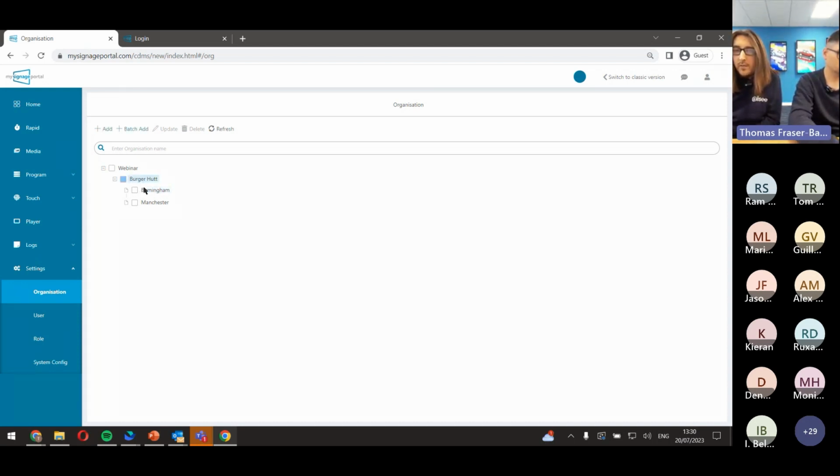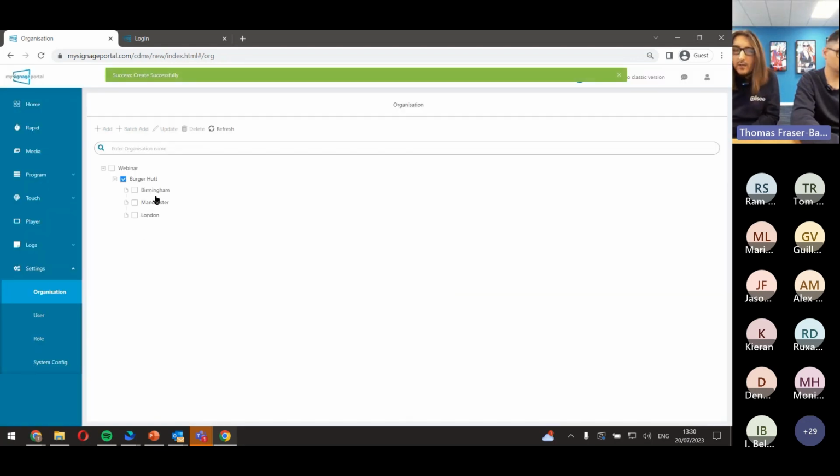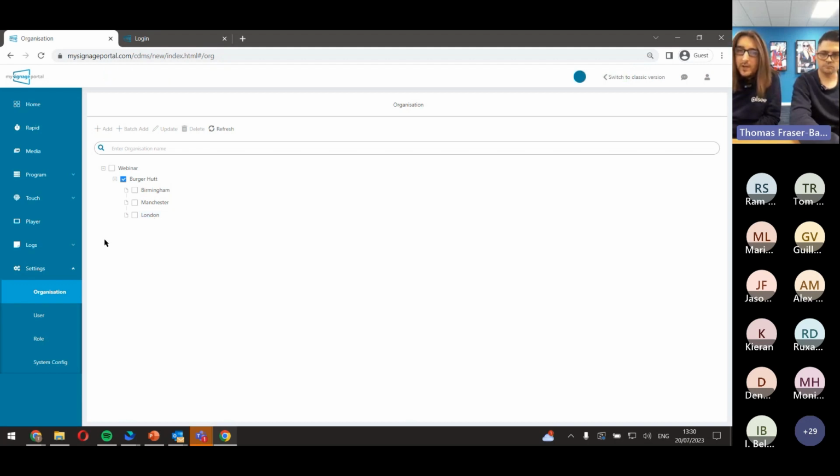What we want to do, if we need to add this new screen to this franchise now, is just click the actual organization here itself and click Add. And then for this one, we'll just do London. So if I type London, press OK, you'll see that sub-organization gets added to that particular franchise. Now, if we go back to player,